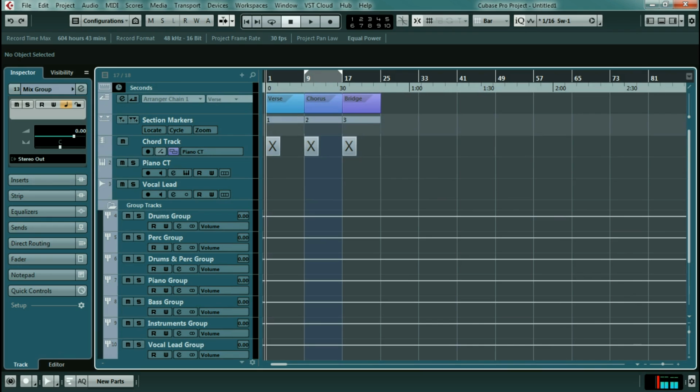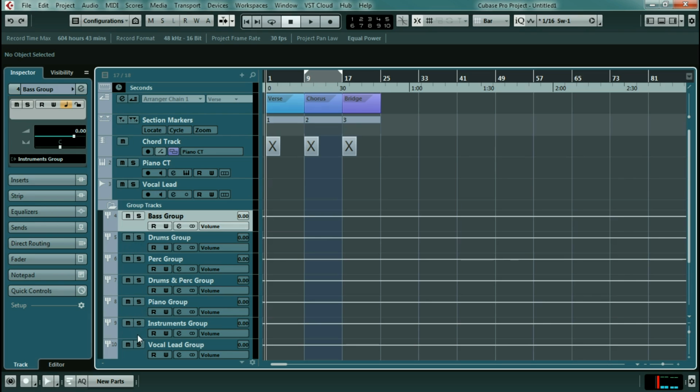So now I have everything set up. Now the next thing I want to do is, this is optional, but it makes things a lot easier, and that's first of all to set everything in alphabetical order. So here we have piano and vocal, so that's already in alphabetical order. But over here, bass should go first, and then we have drums,